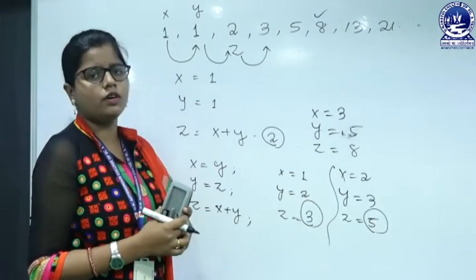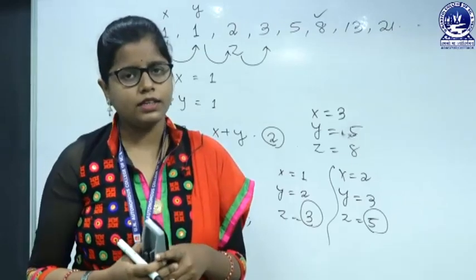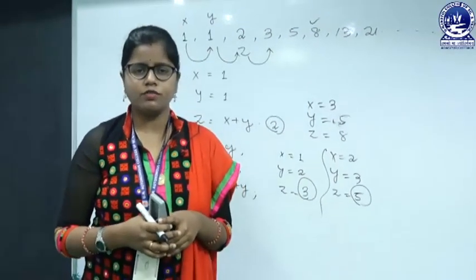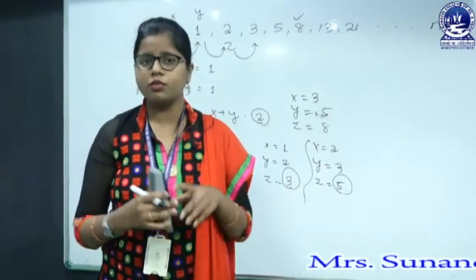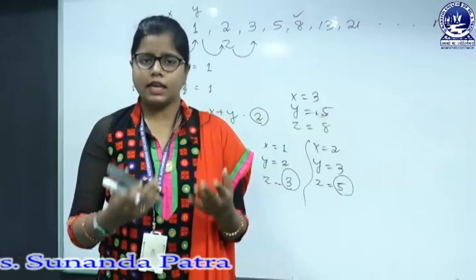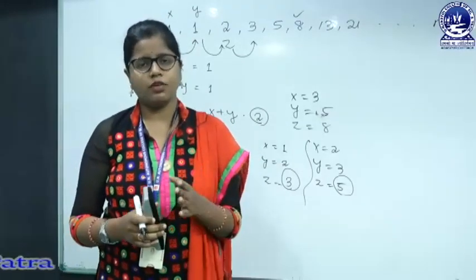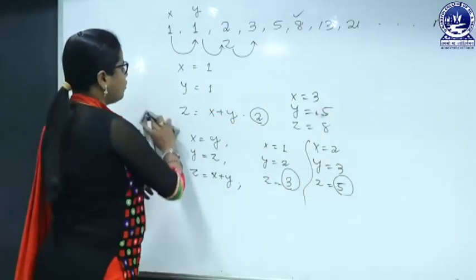We have the fixed values, that is x and y, as 1. We have to find the z value by adding the x and y values. After finding the z value, we have to move the y value into x and the z value into y. Then again we have to add the x and y values to find the z value. So let's write the algorithm for this.